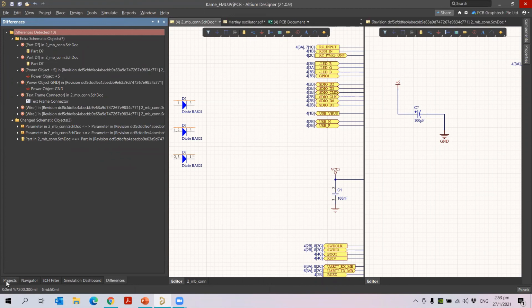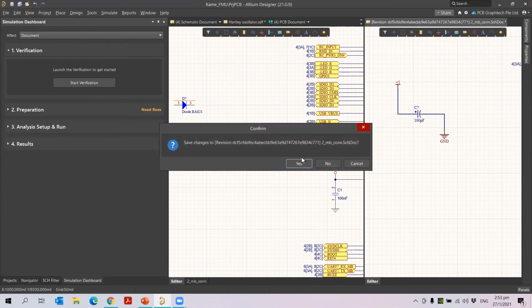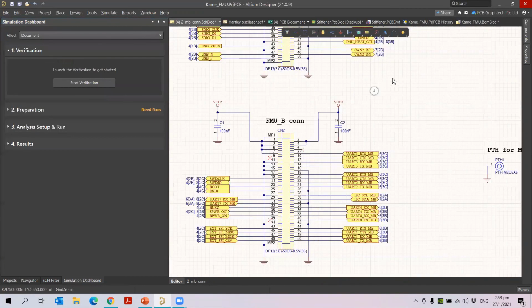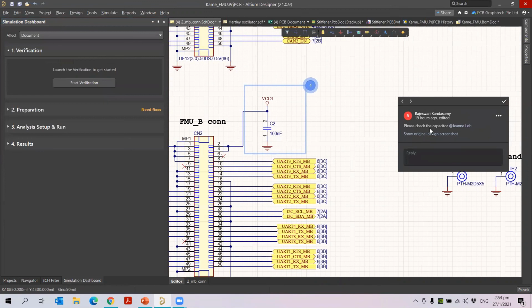Okay, so later if you want to edit your comments, for example, I want to see the comments here on my design. So you can just see here, let me close this. Here you can see there is a comment. Now the comments are given by numbers. If you click on the comment, it will be shown here. So previously I asked my colleague here to check the capacitor. Okay, so I am just sending the comment by assigning it to my colleague.